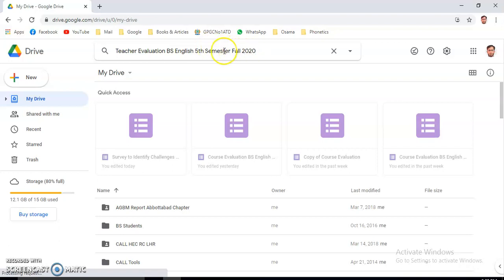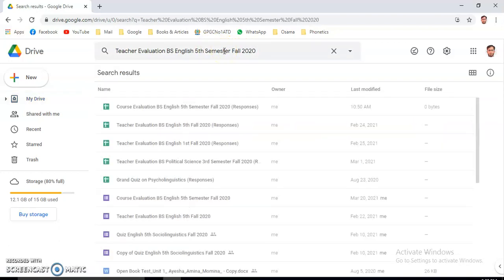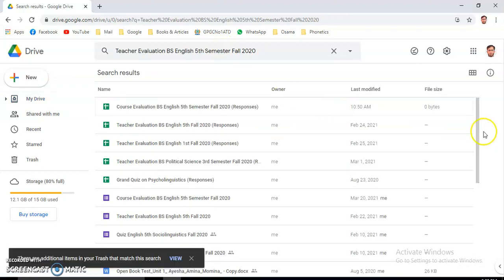After typing this, when you hit the button, you can see all this will be shown to you.